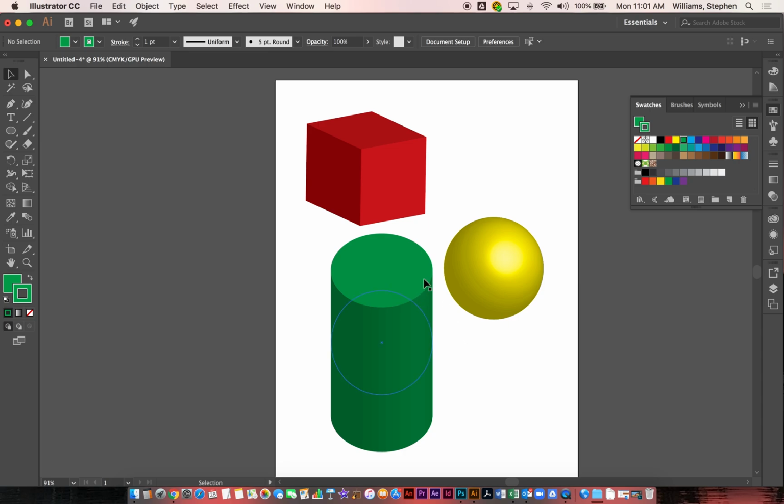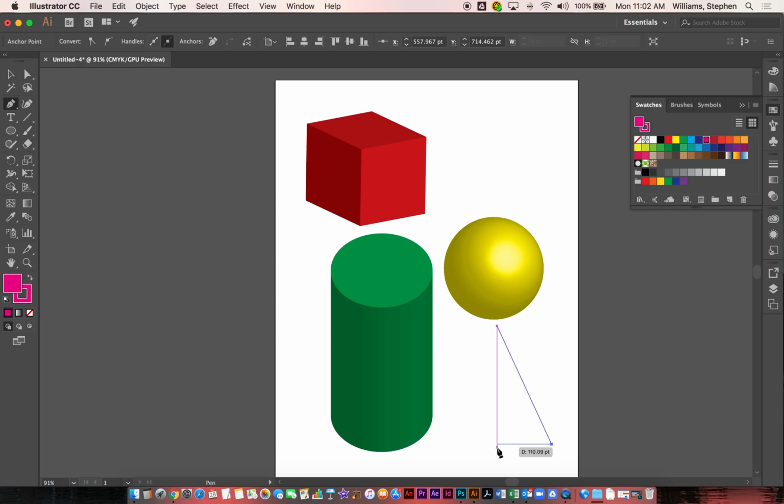Now the second year students, you have one more object that you have to make. We'll choose pink for that one. First year students, if you do these three, you're all good. Because the second year students are going to do something using the pen tool, and we haven't really worked on the pen tool yet. So what I'm going to do is I'm going to make a point, an anchor point. I'm going to make another anchor point, and then I'm going to line up by holding the Shift key. I'm going to line up with that first anchor point I made. So it looks like I have this